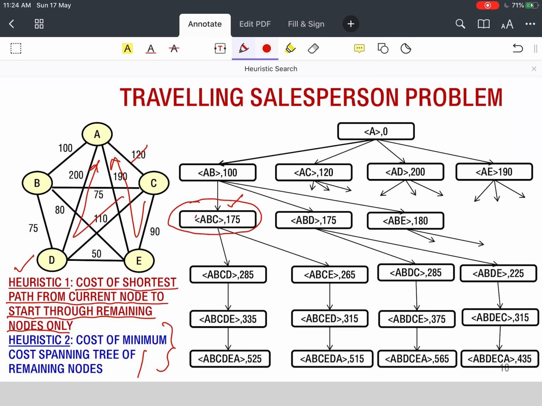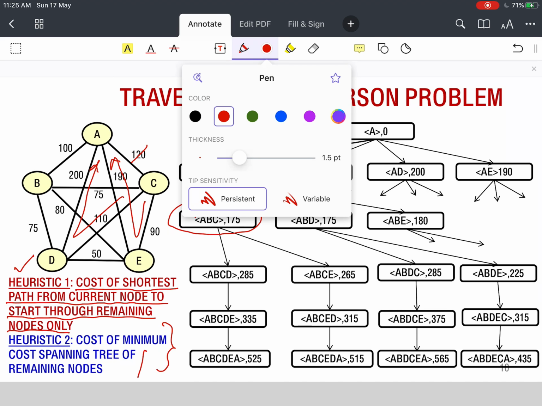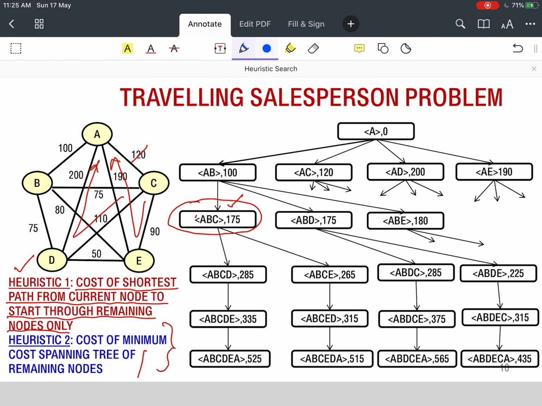Because the minimum cost spanning tree takes into account that every node will have to be covered, by finding the minimum cost spanning tree of that remaining graph, we will get an estimate of the cost of that graph.